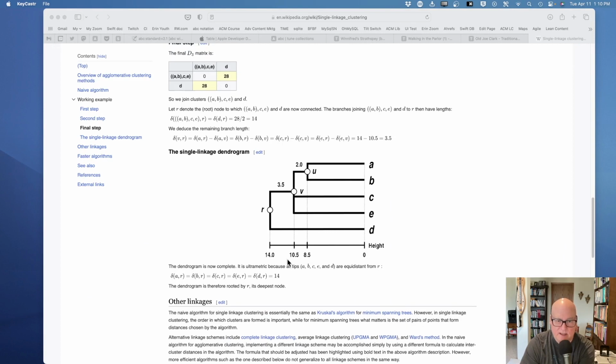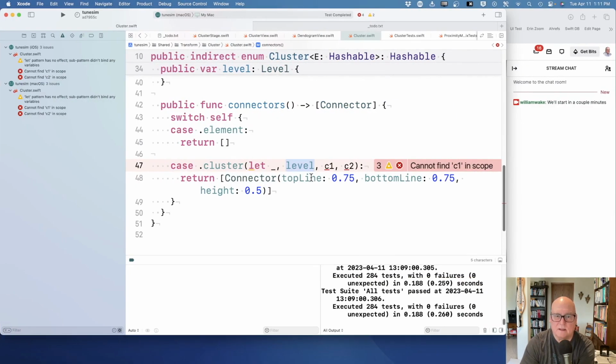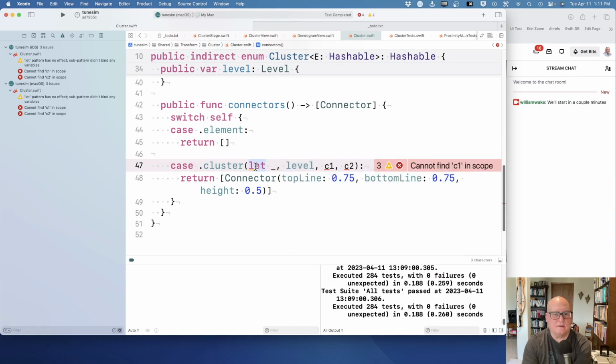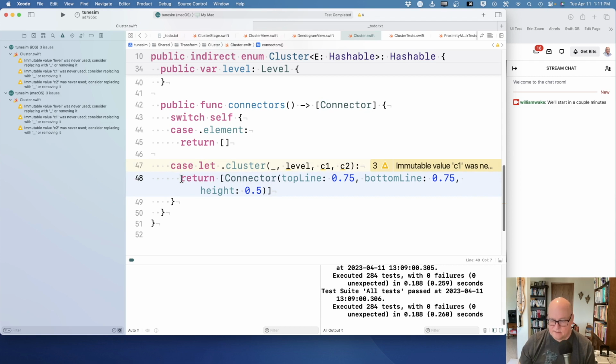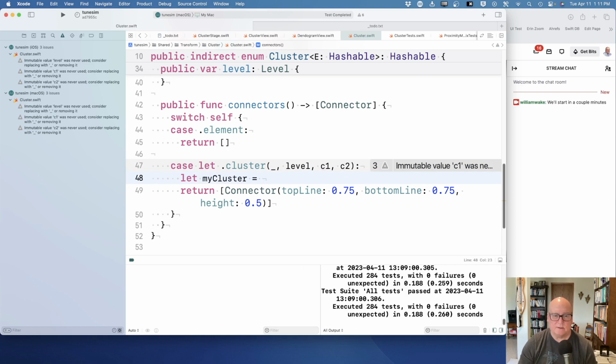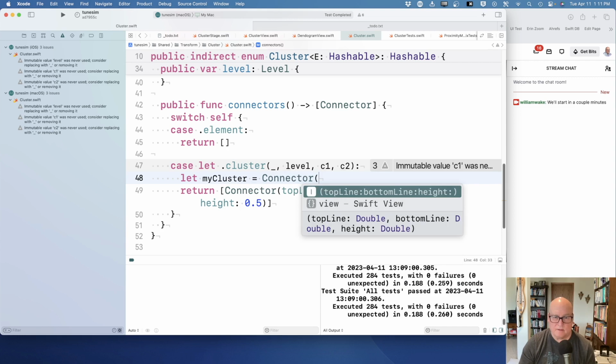Again, that's these heights. Okay, we know the height for a given cluster is sitting there right on the cluster, and we know the height of the cluster we're producing, that it contained. Okay, so let's, can't find it in scope. That is weird. I guess I want this out. Okay. Well, let's calculate it. How about my cluster equals, well, it's a connector, and the top line is,